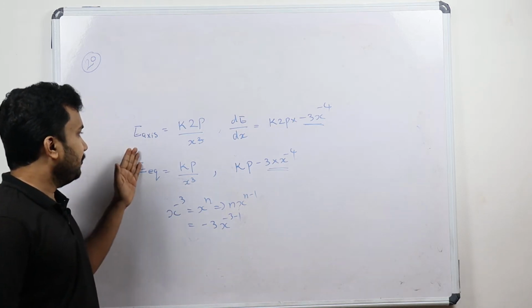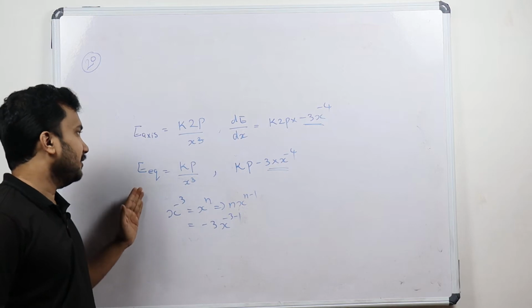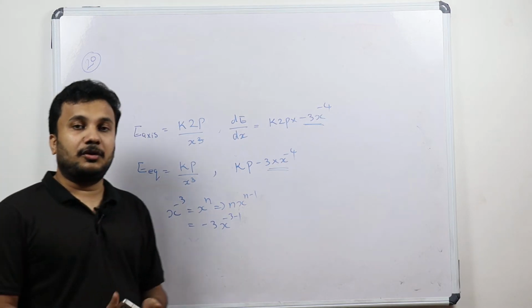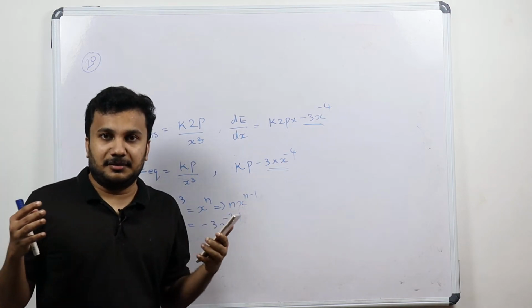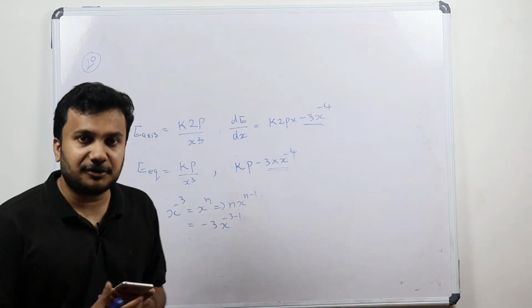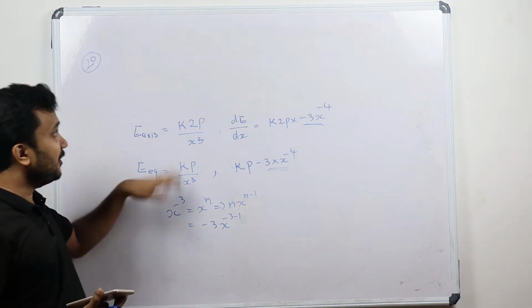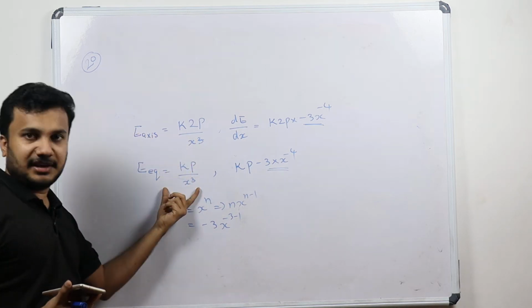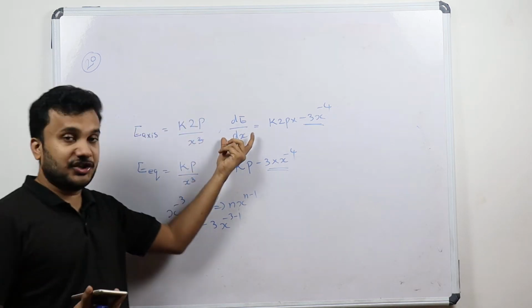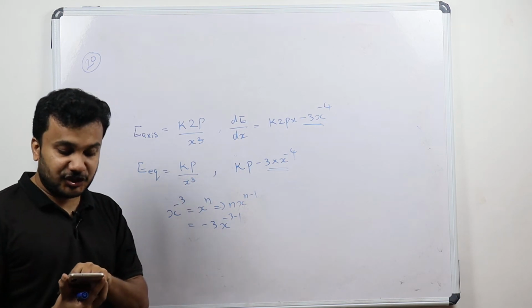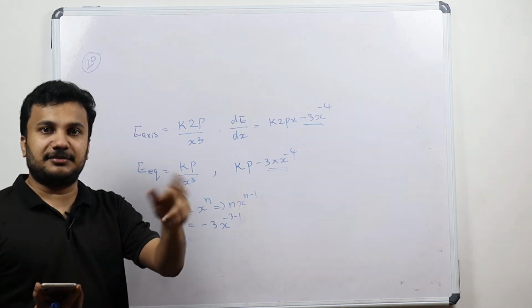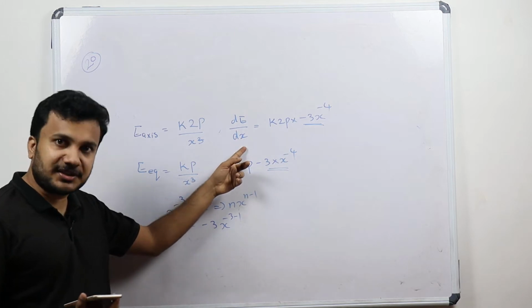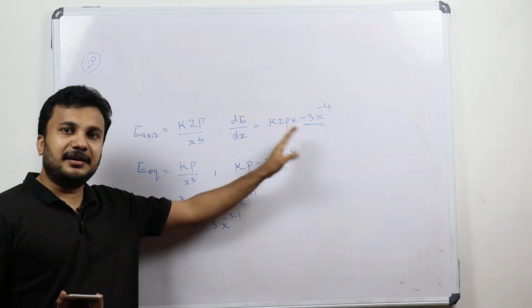So electric field at the axis is greater than at the equator. We know already the equatorial position is lesser than that of axial position, but if you take the difference also, already this is higher. If you take the difference, the change in the question means change in magnitude of electric field, which means differentiation with respect to distance. This is still higher.